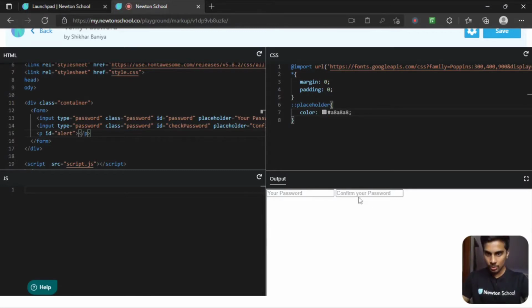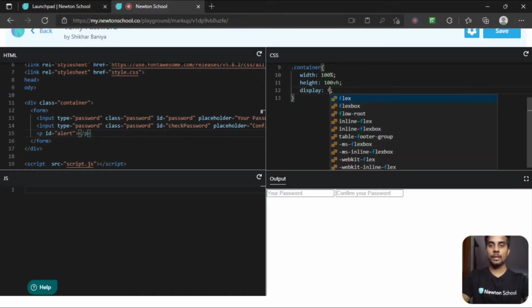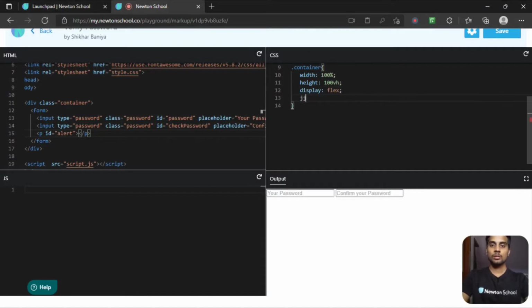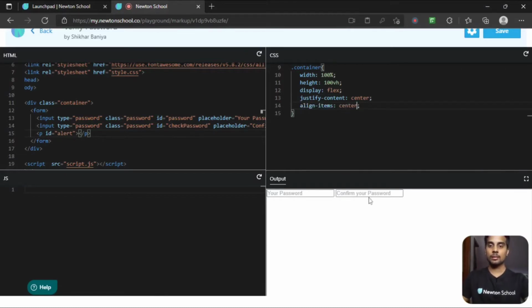Yes, and now let's target the container. First I want it to have a width of 100% and a height of 100 view height. Let's center all of our input boxes. So display flex, justify content as center, align items as center.